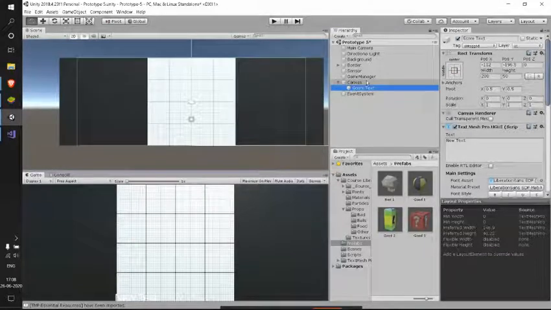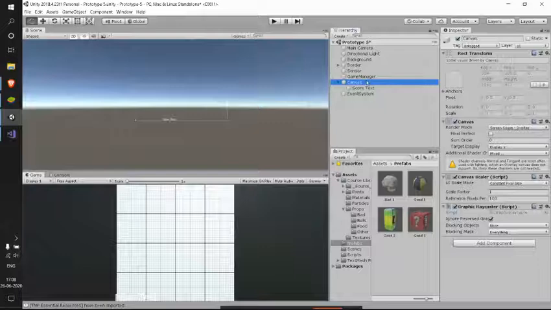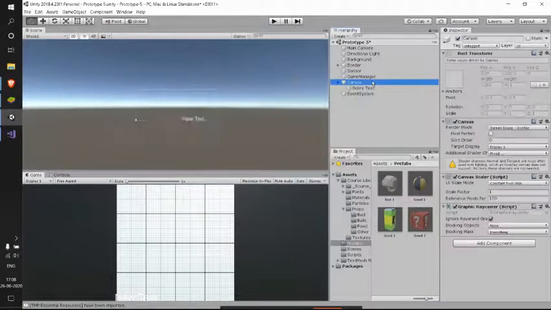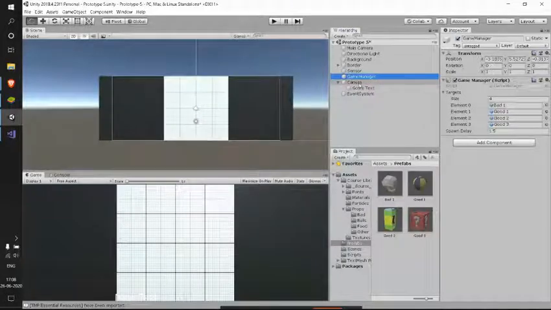And see, we got something new called Canvas, and our game view is smaller compared to this. As we said earlier, in our game, whatever is present in our camera view will be seen, right?